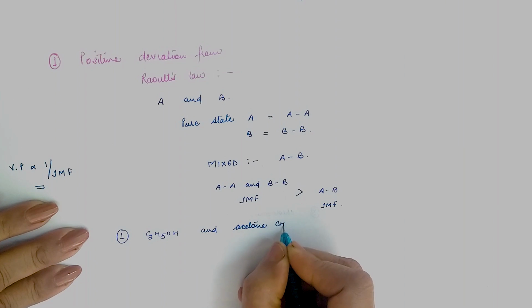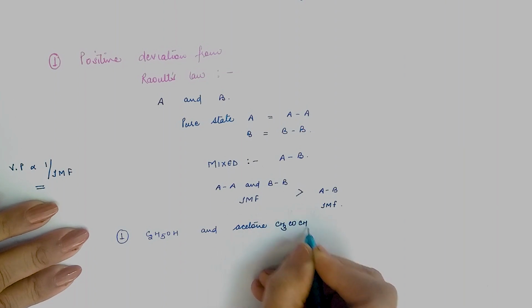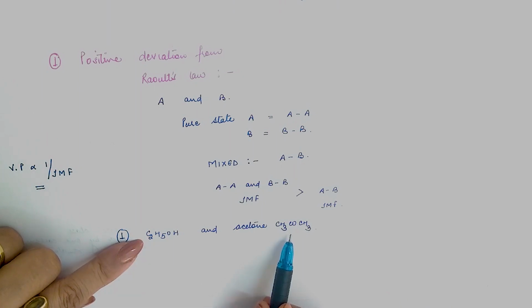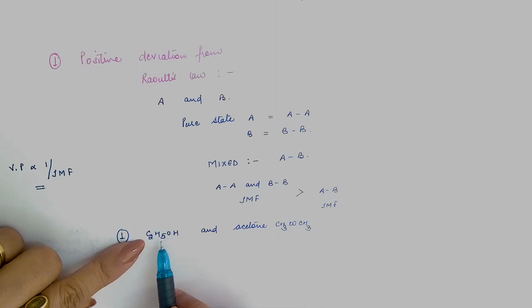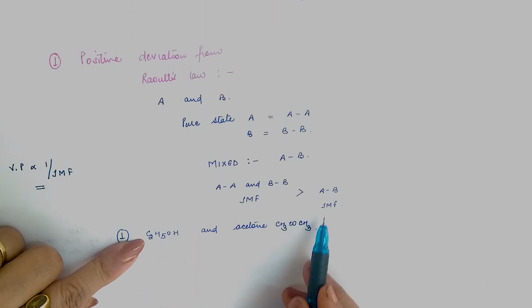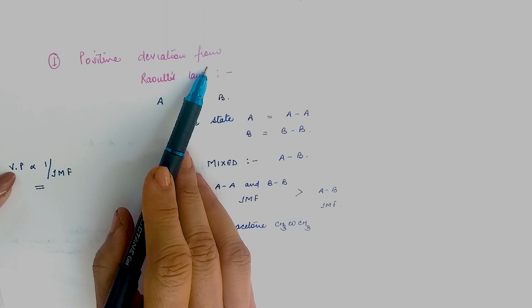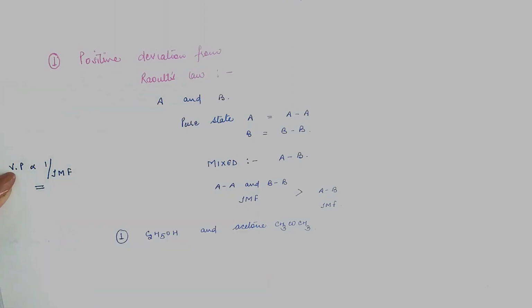Okay, acetone is CH3COCH3. Now you all know this has hydrogen bonding in it, and this is a dipole-dipole interaction. Now when it is added to it, hydrogen bonding is strong. It breaks its hydrogen bonding, meaning the forces get weakened, and when the forces get weakened, the vapor pressure will become high. Which deviation is shown by it? The positive deviation is shown by the given solution.